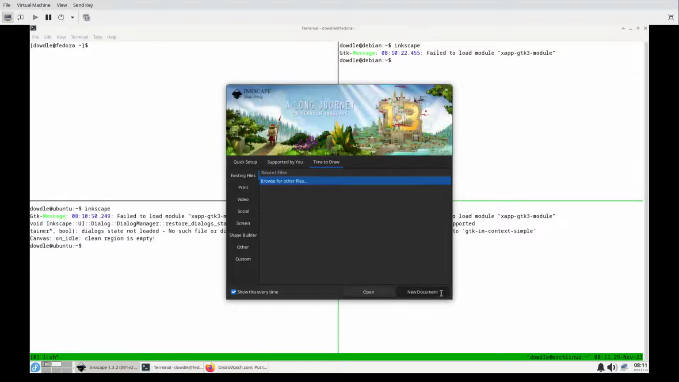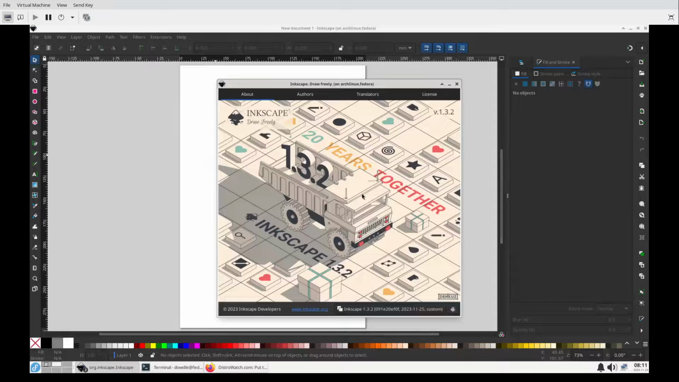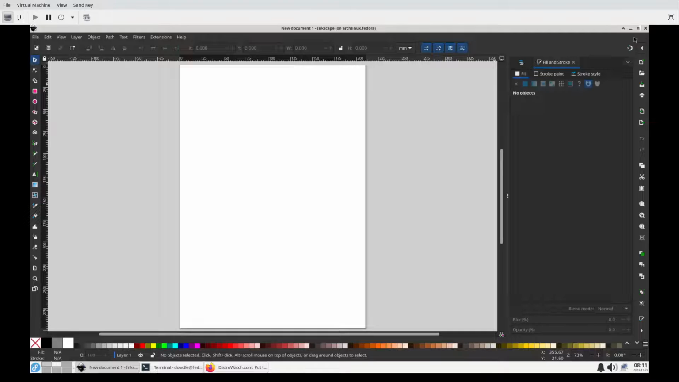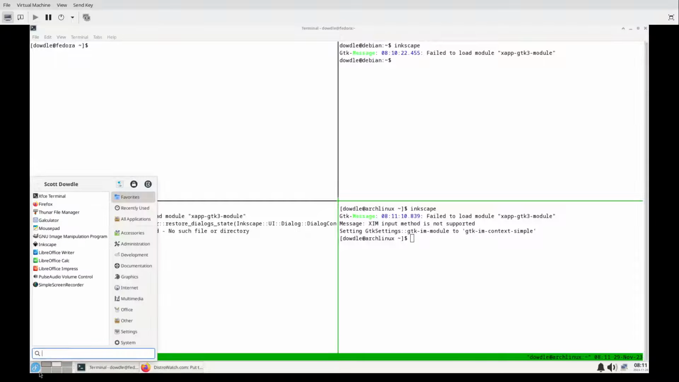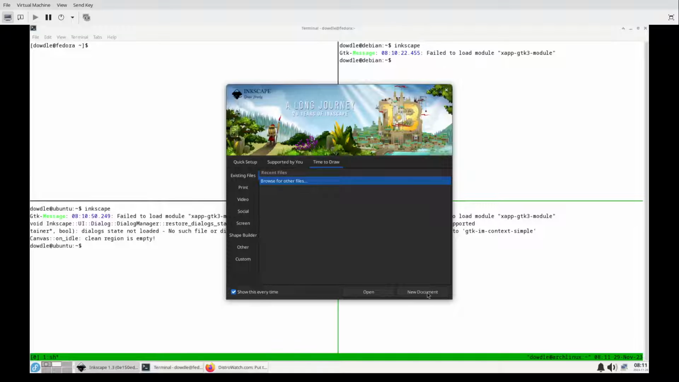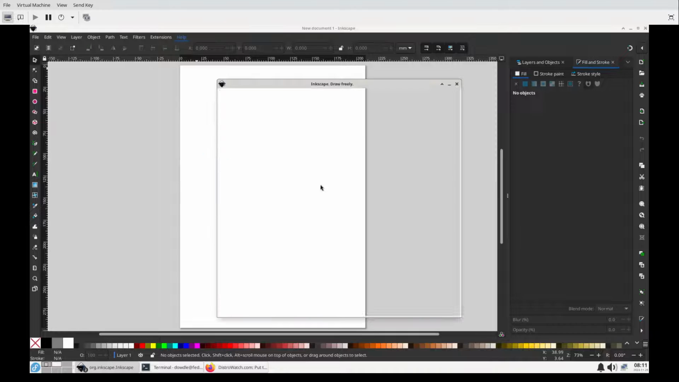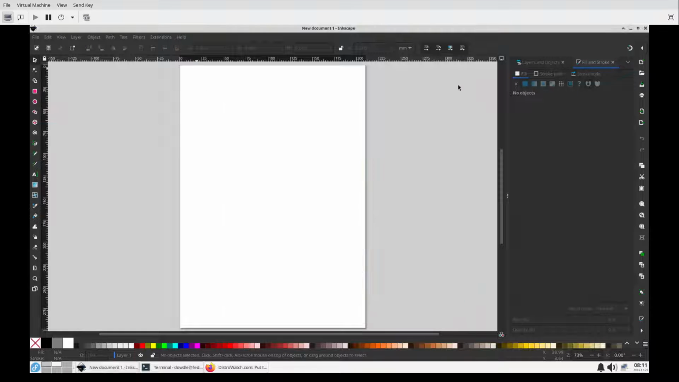Ooh, 20 years of Inkscape. Help, about Inkscape. 1.3.2, so Arch has this newer version even than Fedora. So now, here's my host system down here, and I've got Inkscape installed. And so this happens to be Fedora 39 as well. And so we're expecting to see Inkscape 1.3,